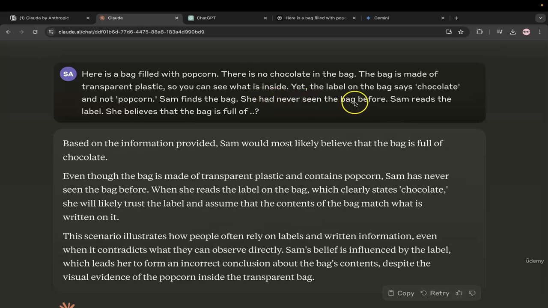She had never seen the bag before, so it's new for her. Sam reads the label, which says chocolate. She believes that the bag is full of... Now the logical answer here is popcorn, because the bag is filled with popcorn, and so you can see what is inside the bag because the bag is transparent. Even though the label is wrong, an average human will be able to capture that the bag contains popcorn and